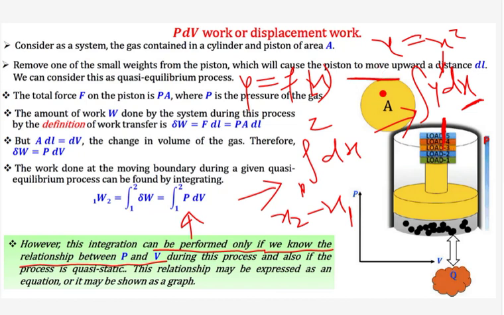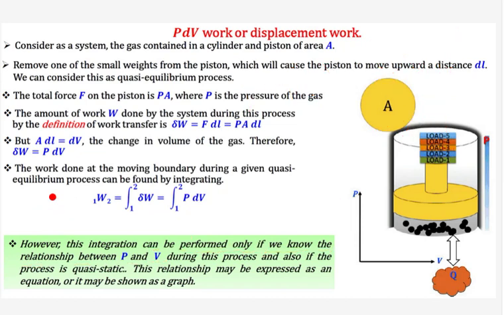If you compare these two integrals, it is a similar kind, just a variable replacement. So you have to have a relation between pressure and volume, then only you can integrate it for a process. If the process is a quasi-static process, then only you can integrate it. You understand now why it should be a quasi-static or reversible process. If it is irreversible, can we integrate this?